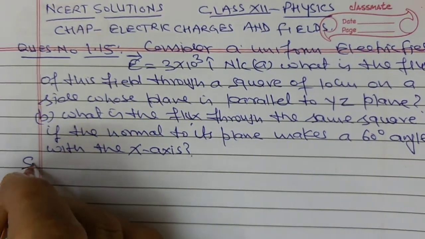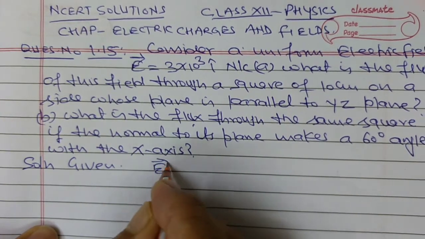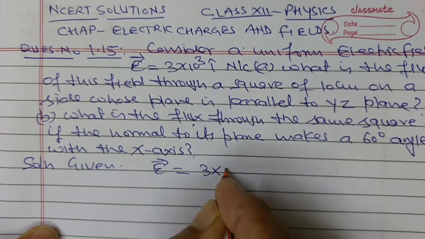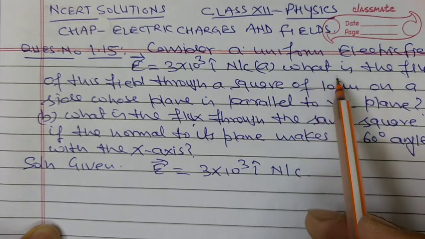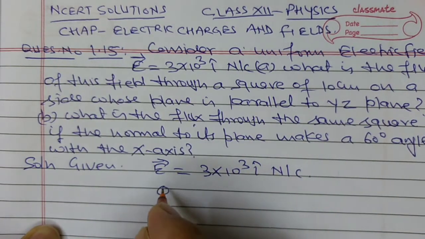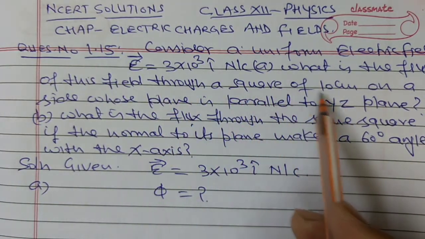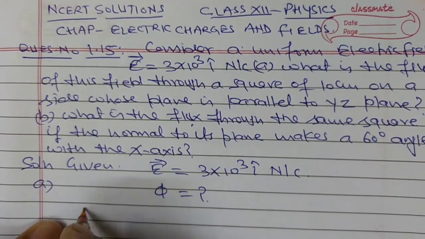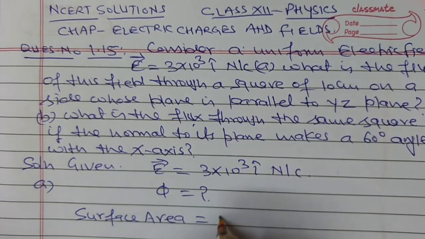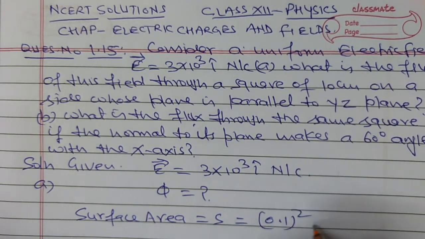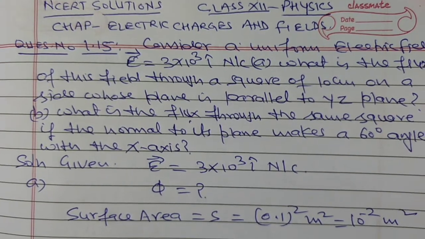In this question given that electric field, uniform electric field, capital E vector is equal to 3 into 10 to the power 3 i cap Newton per Coulomb. And what is the flux? Flux we have to calculate. In the first part, we have to calculate flux through a square of 10 centimeter side. Therefore, surface area is given, surface area is equal to S is equal to 0.1 square meter square, or this is 10 to the power minus 2 meter square. This surface area is given,